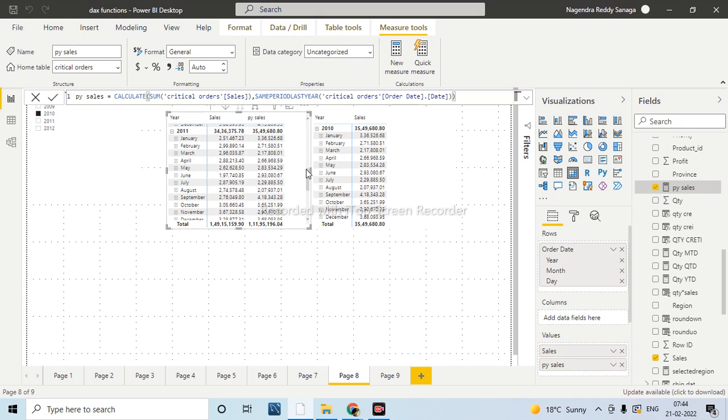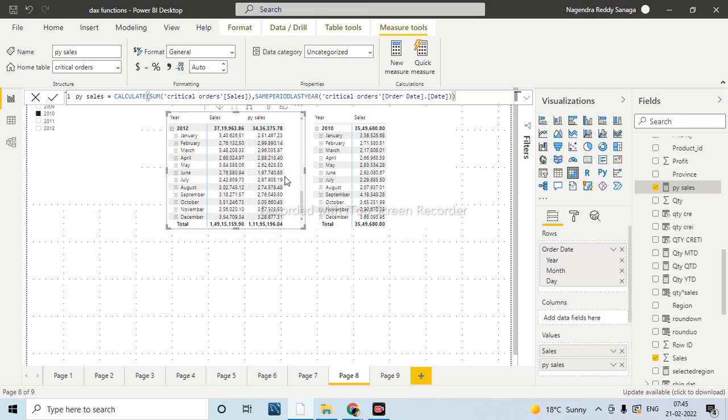Now, here we don't have a direct function, but you can do it with different logic. I will tell you that later. Recently, I got this requirement. For example, now I am in February 2021 or 2022, right? When I have used that one, what will it give me? Now I am only at the 21st date. When I take the previous year, last year, it will give me the overall result for that particular month, the whole month of February.